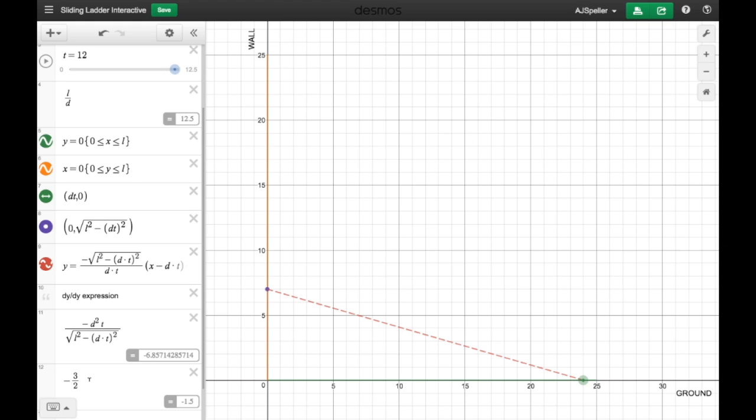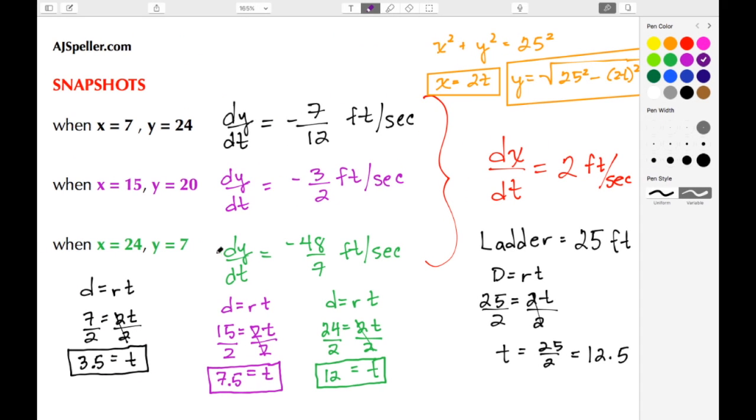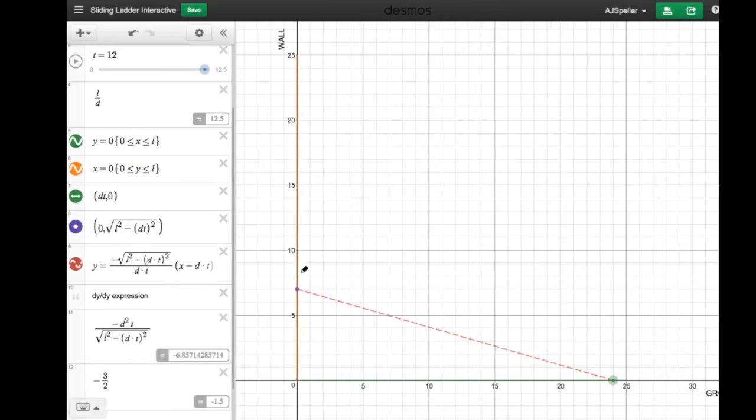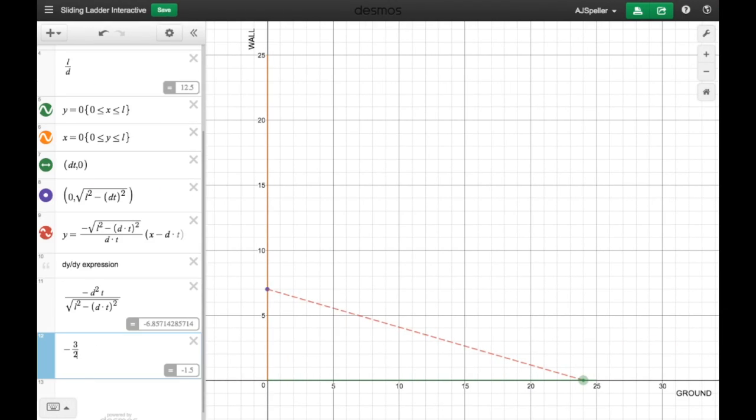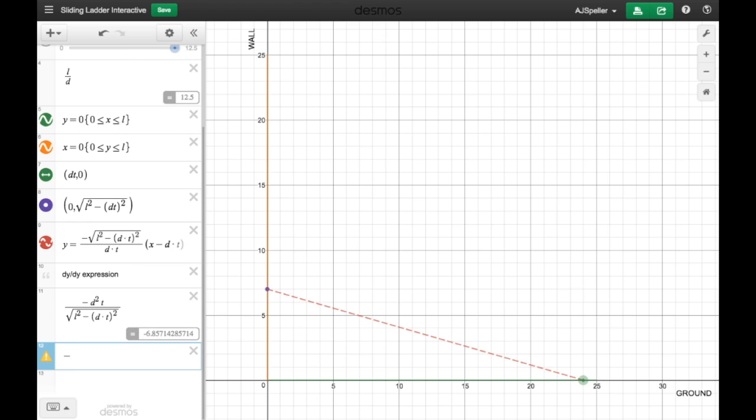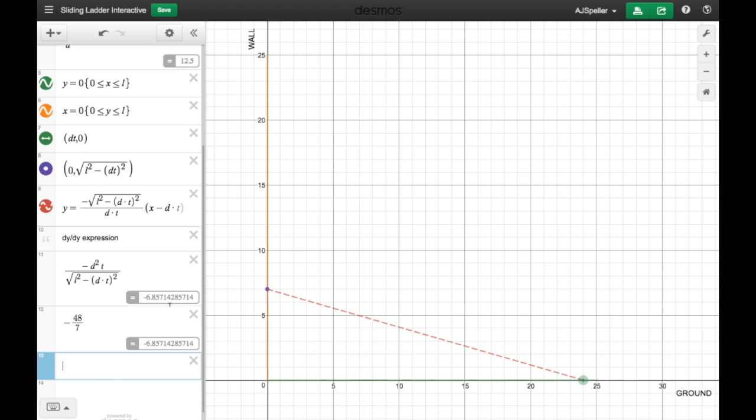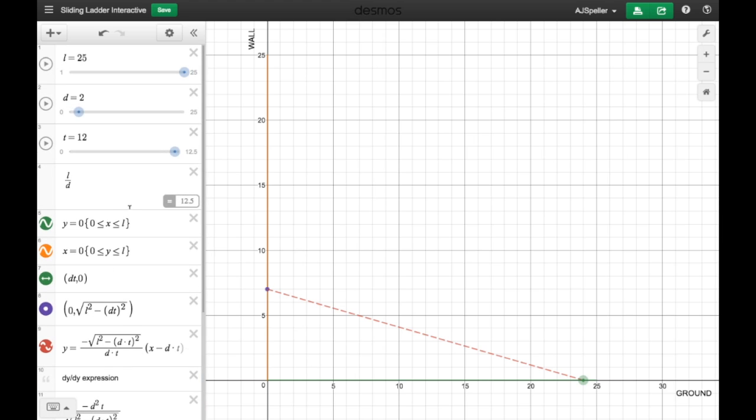And then let's go ahead and grab the fraction from the other screen, and we're going to type that in to get the decimal equivalent. All right, here we see the fraction is negative 48/7. So let's type that in. The negative is already there, so let's type in 48 divided by 7. And we see that both of these values do match. So we verified all of our analytical work.